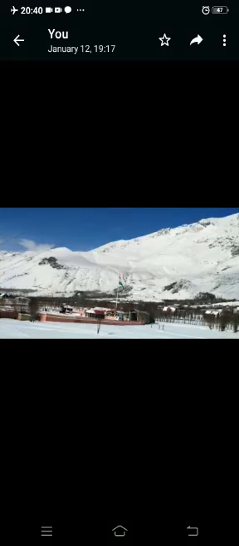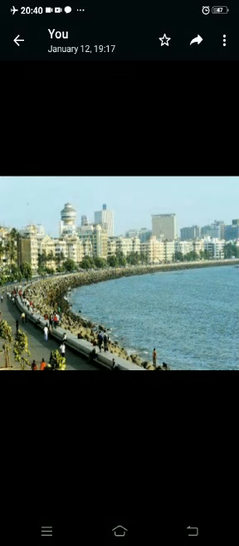Jaisalmer and Bikaner in the desert of Rajasthan are very hot, while Dras and Kargil in Jammu and Kashmir are freezing cold. Coastal places like Mumbai and Kolkata experience moderate climate. They are neither too hot nor too cold.